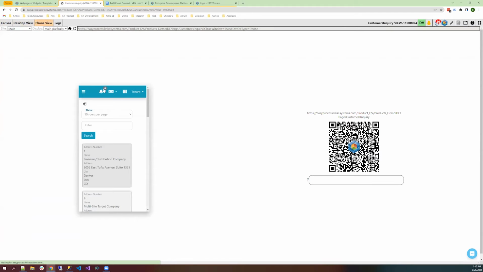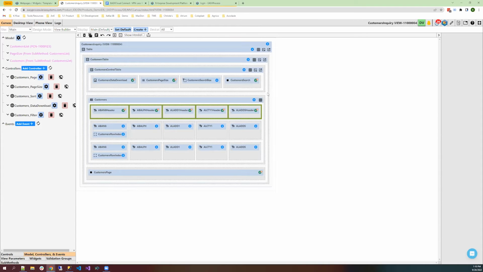And if I go to phone view, same thing, but it automatically formats it to a card format, so it's easier to read on mobile. We still have the same paging and filtering options as well. So the change that I want to make is I want to add a country column to the list because it's not displaying that yet. So I'm going to go inside the model,